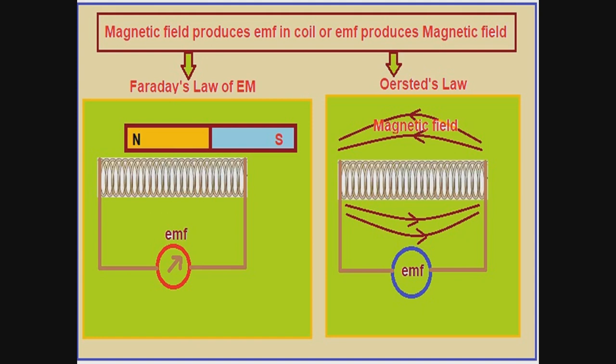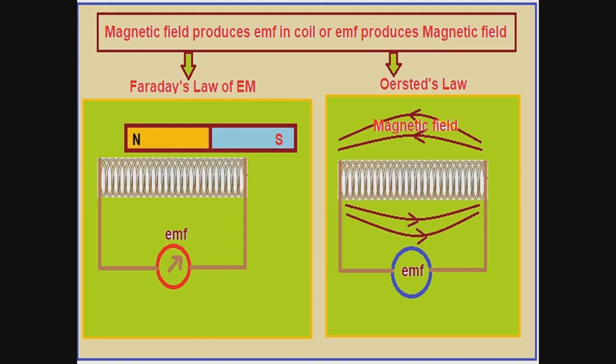So there is one magnet, with a north pole and a south pole. The north pole is facing the coil, and the coil is steady, while the magnet is continuously changing its movement. That is why a changing or varying magnetic field produces electricity. We call it EMF in the coil. So this is about electromagnetic induction.